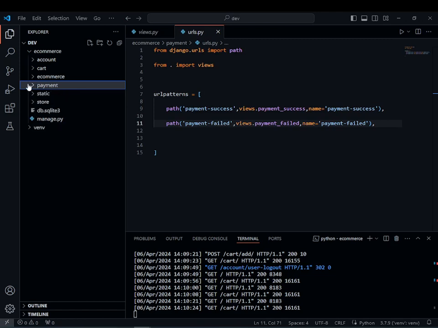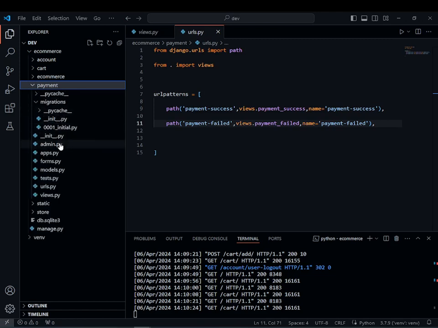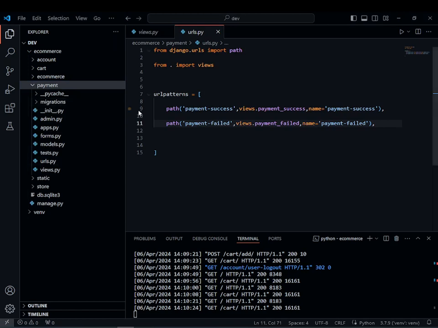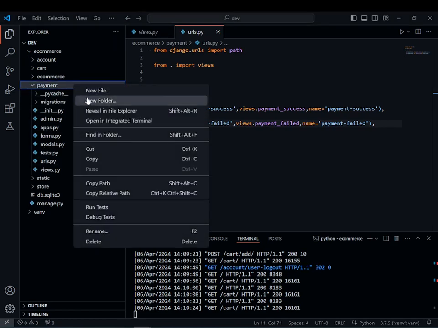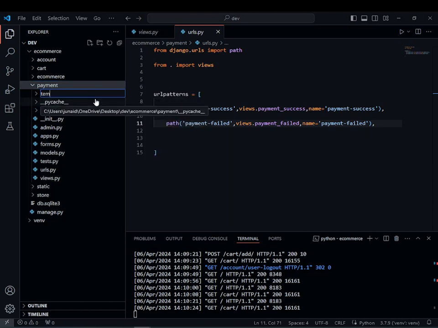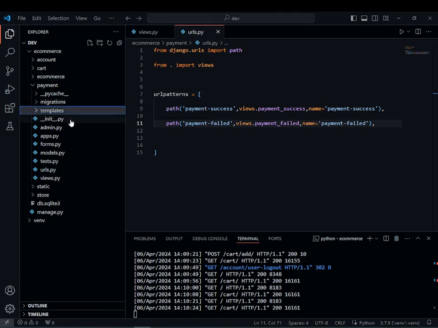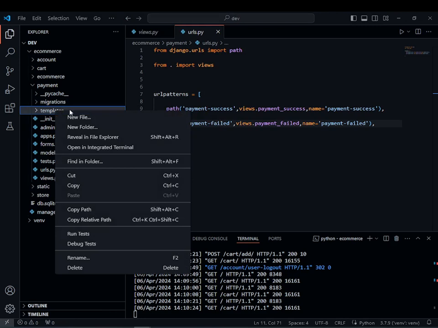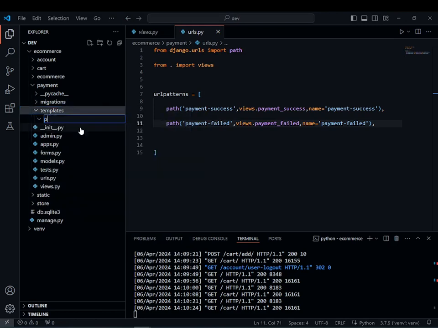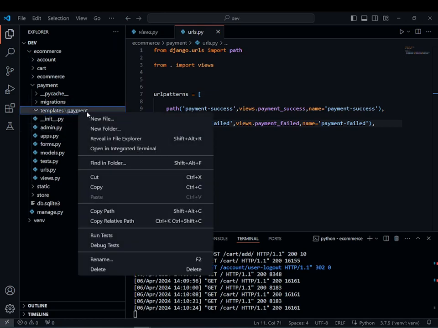So in the payment, just add a new folder called templates, and here we are going to create some templates. So just create another subfolder with the same name as payment, and in that we are going to create a